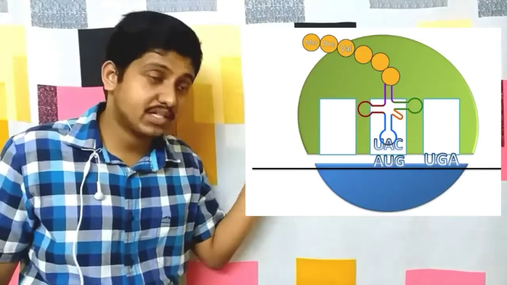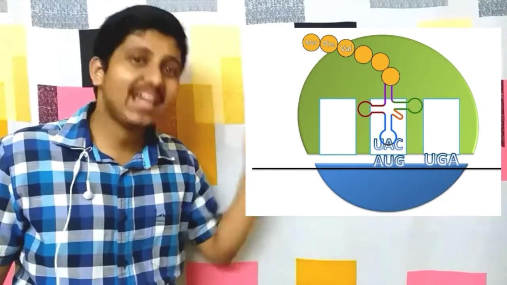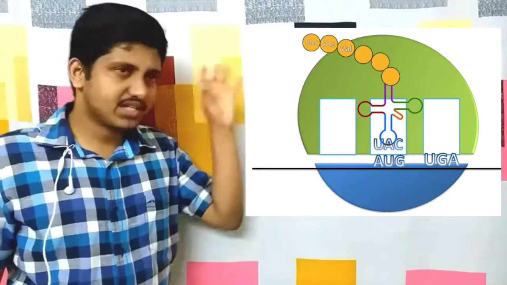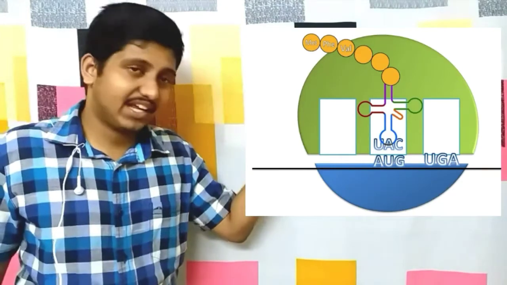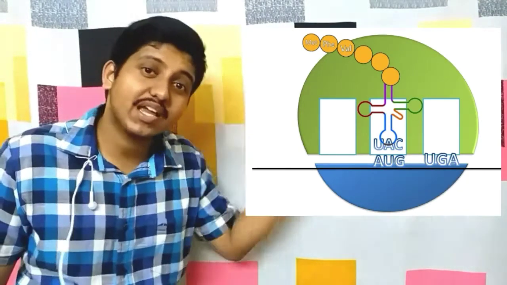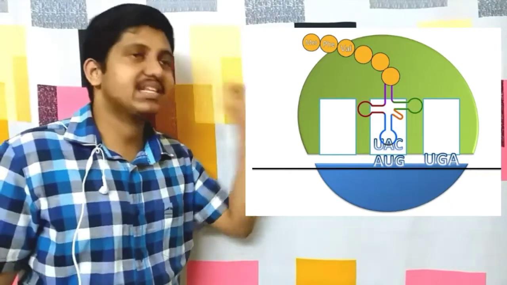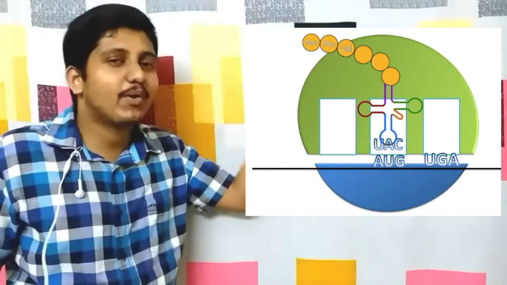So finally, what happens when it reaches a stop codon? What are the stop codons? We have UAA, UGA and UAG. If it reaches any of the stop codons, you must remember one thing: there is no particular tRNA for a stop codon. So no tRNA comes and binds at the A site. So what binds to the A site? A release factor binds, and hence the tRNA is removed and the entire protein is released. Here is how every protein is synthesized in our ribosome, and hence the ribosome acts as a protein factory.